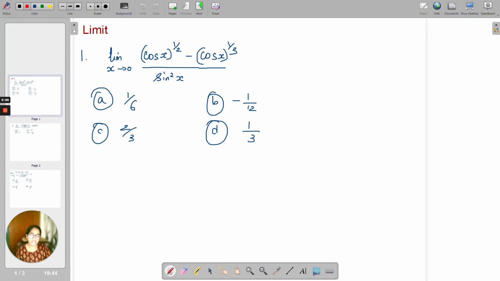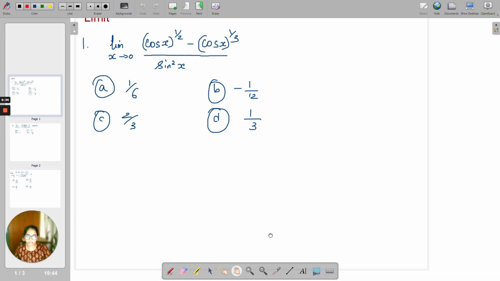So in the previous lectures on limits, we studied the concept of limits, the sin x by x function and what happens to it as x tends to 0. Before that we studied the sandwich theorem, and then indeterminate forms and L'Hospital's rule. Today let us solve some problems on L'Hospital's rule. So I've written a problem here, let me write down